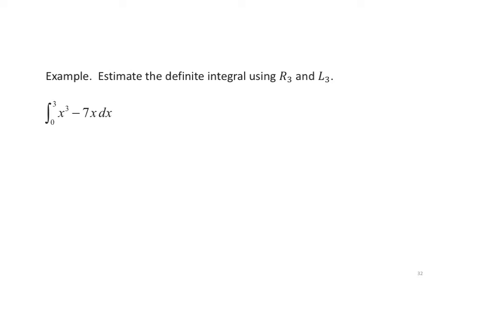Let's go through another example of calculating R3 and L3 for this integral here. It's a slightly different function from the one we had in the previous slides. It's the integral of x cubed minus 7x from 0 to 3 dx. So R3 is going to be, well, we have this interval 0 to 3. If we cut it into 3 equal pieces, each piece is going to be of width